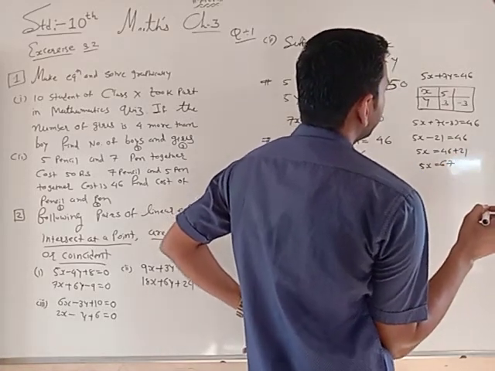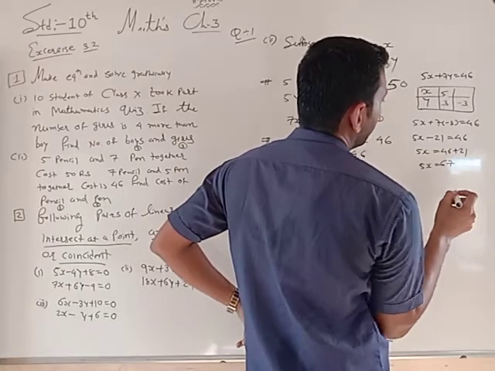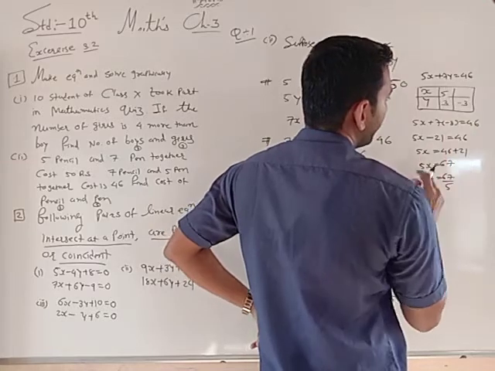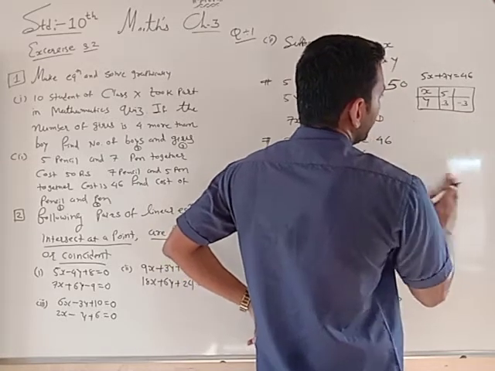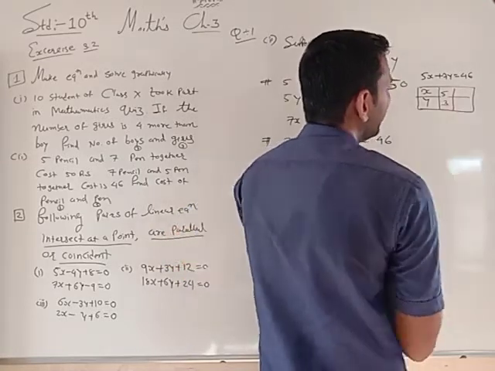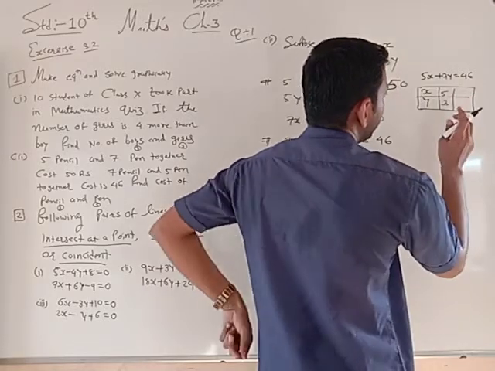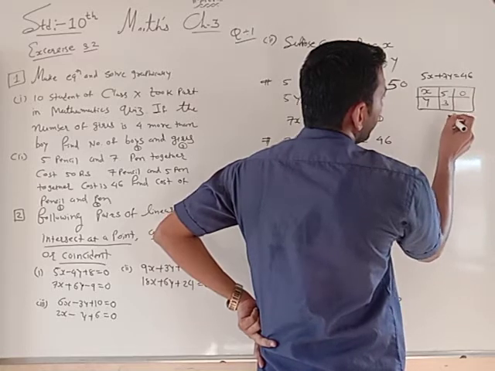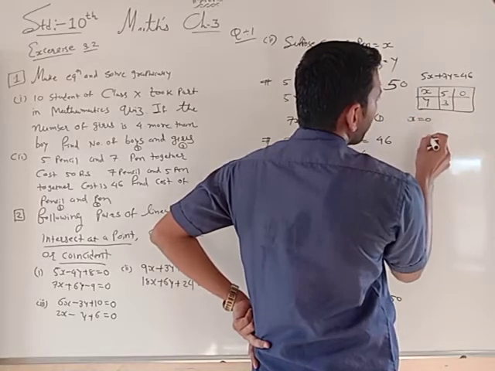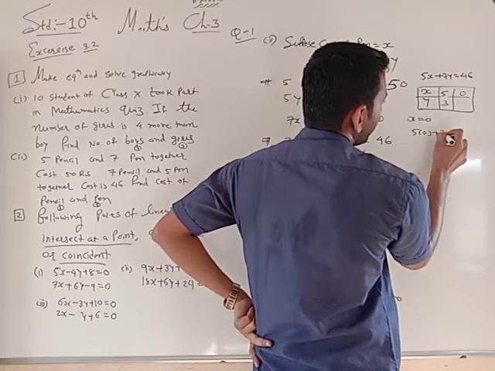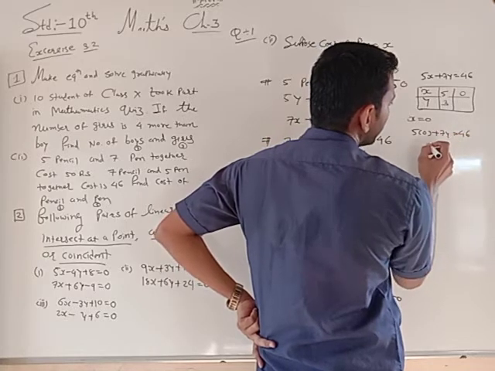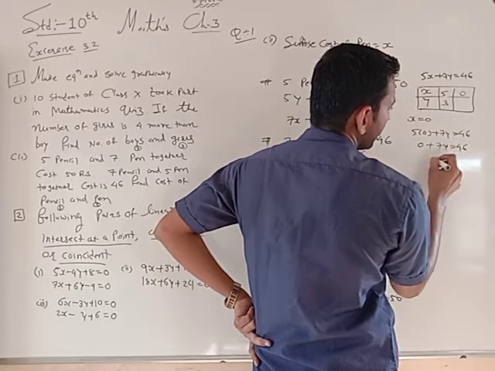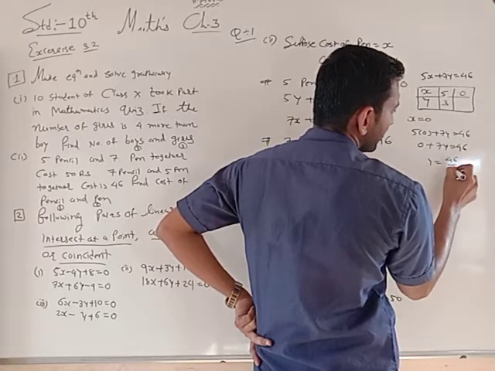We are not getting it in the form of integers. It is also in the form of fractions, so don't worry. Let's find it in the form of fractions. Take any value, suppose x is equal to 0. Taking x is equal to 0, 5 into 0 plus 7y is equal to 46. So 5 into 0 is 0, and 7y is equal to 46, so y is equal to 46 by 7.